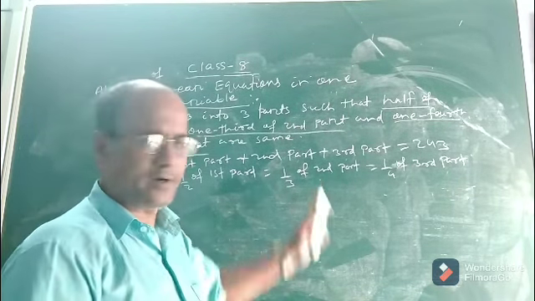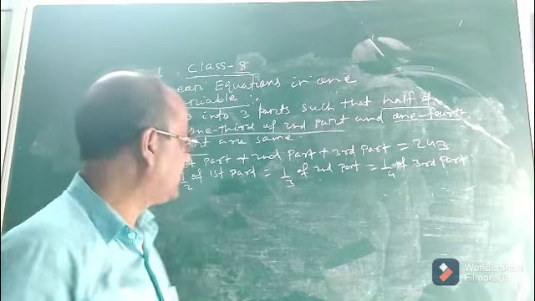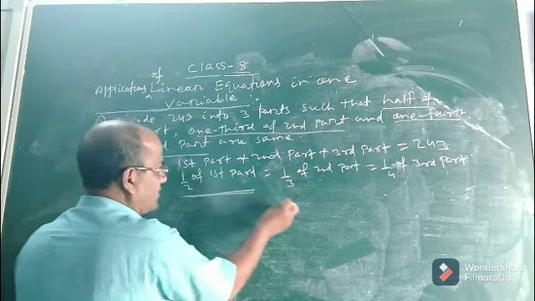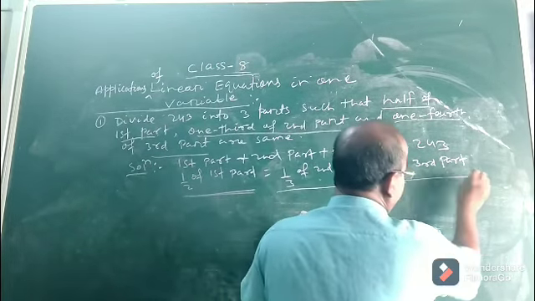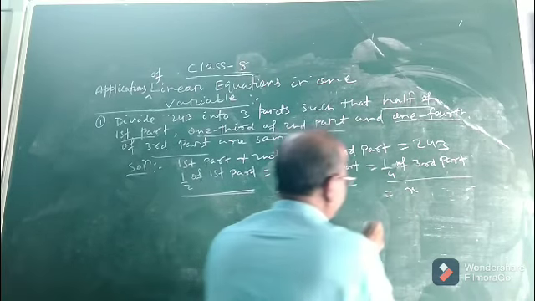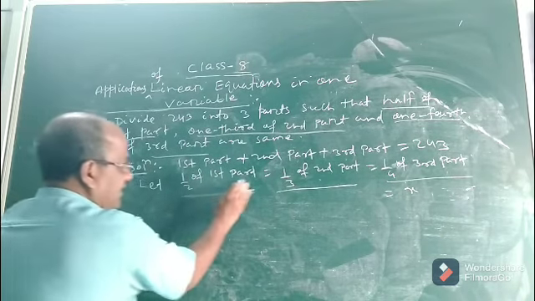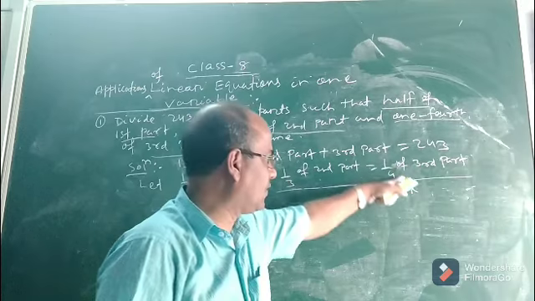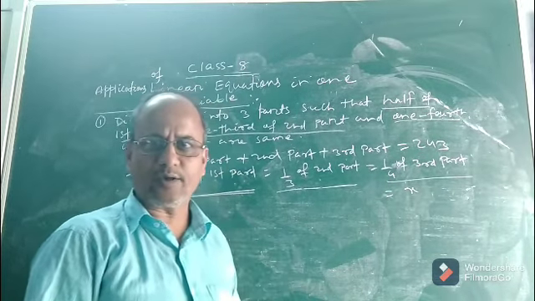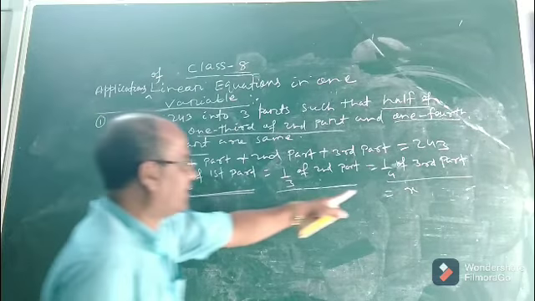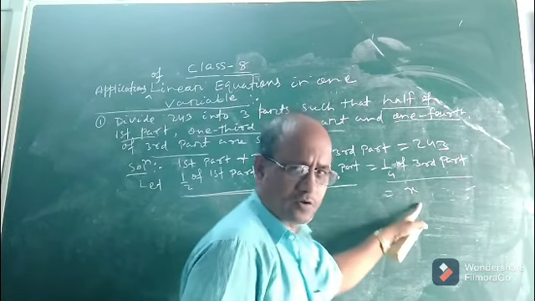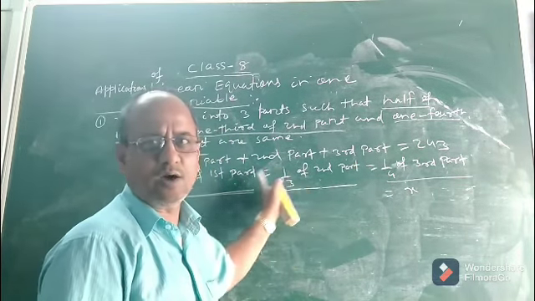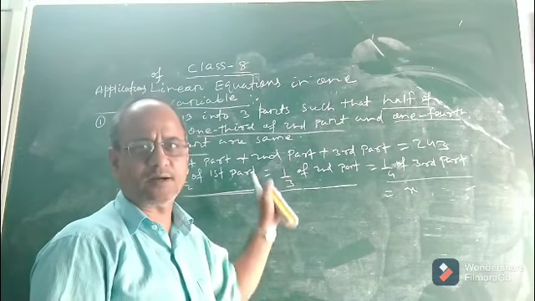Let us find out. Now in this particular question, to whom will we take x? In my opinion, if you take each expression, half of the first part, 1/3 of the second part, and 1/4 of the third part, equal to, suppose, x. Let each be equal to x. So what does it mean? It means half of the first part equals x, 1/3 of the second part is also equal to x, and 1/4 of the third part is also equal to x. If it is so, you can easily find out what the 3 parts will be: first part, second part, and third part.